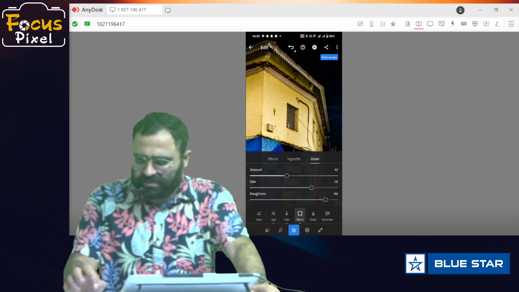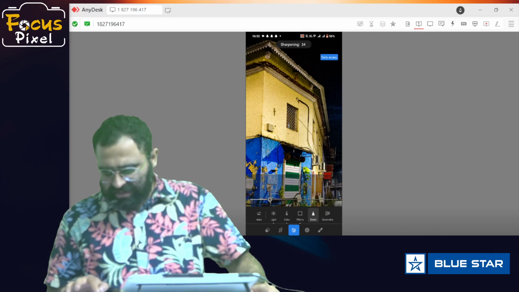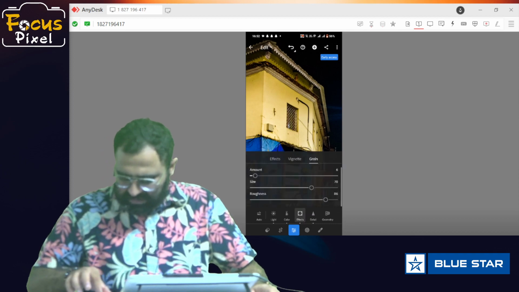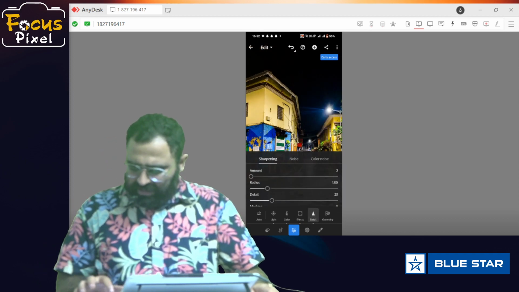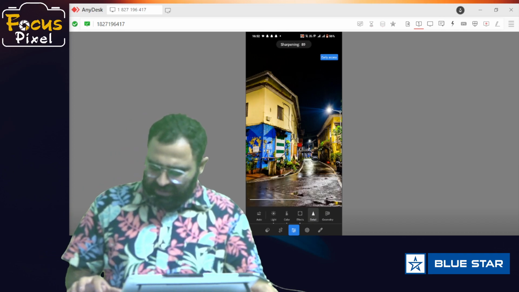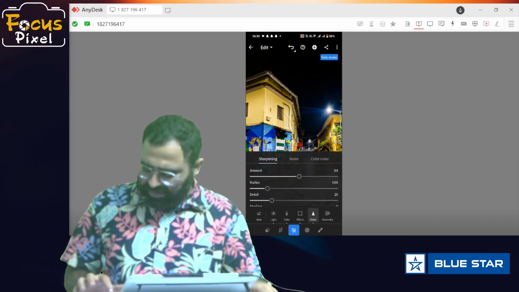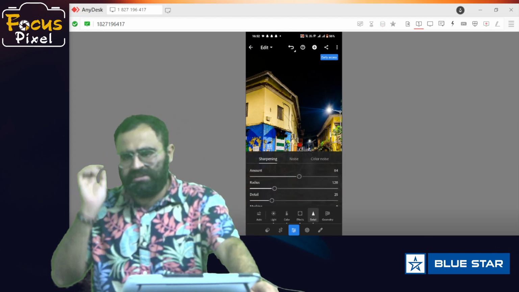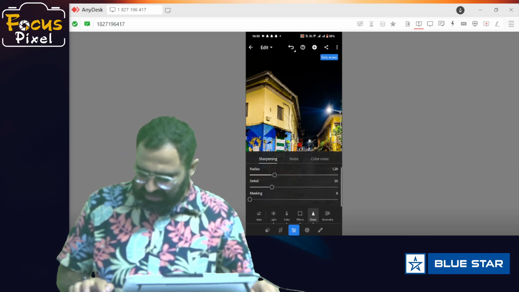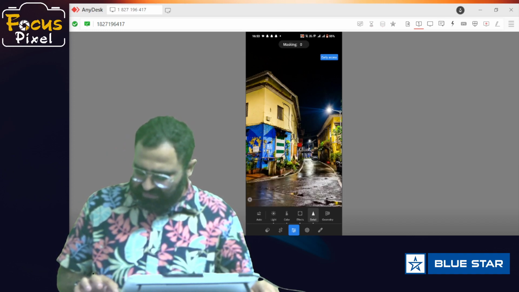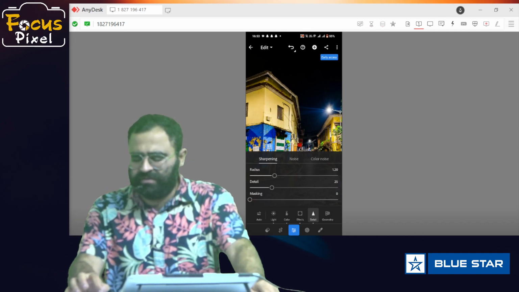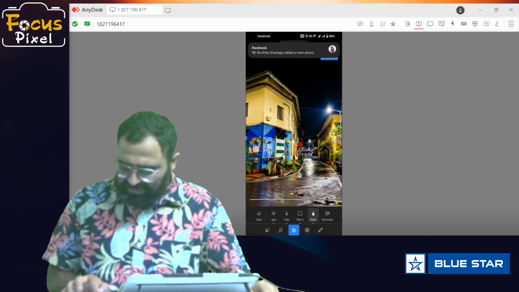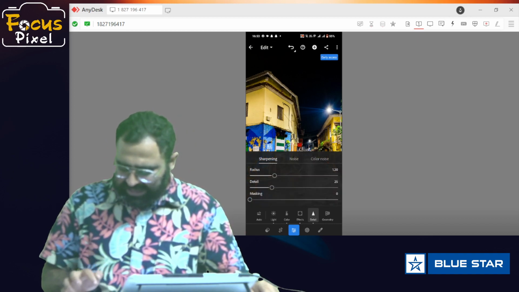Now after effects, we have a detail tab where you can increase the sharpness. I'll just reduce the grain. In details you can increase the sharpness of the image. You can increase the radius. Radius is the point by which it will increase the sharpness. Masking is something which will come later. If you have any mask and you want to give the feather, then you can use this slider.